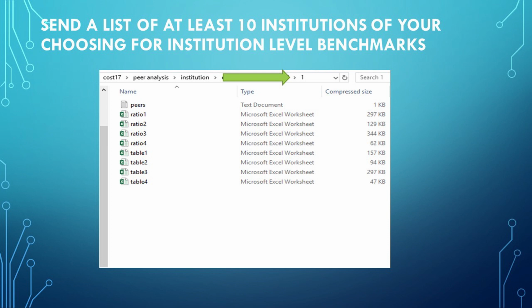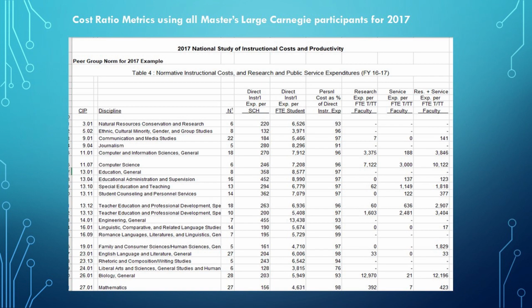So sometimes you may be in a situation where you find that an institution level comparison is really ideal, maybe you don't really see that there's that much difference between the programs at your institution and your Carnegie classification. This is one approach that is still offered by the cost study. The results would look something like this. Here you'll see that in this example, we used all of the master's large Carnegie participants, and in matching to a particular institution,